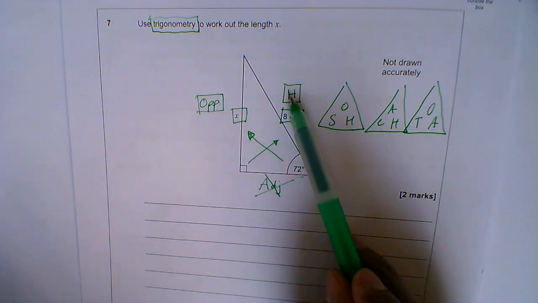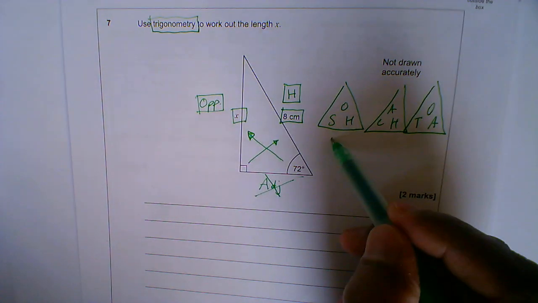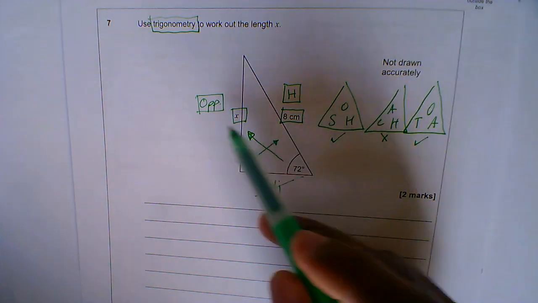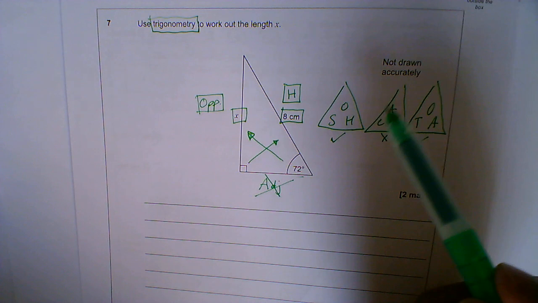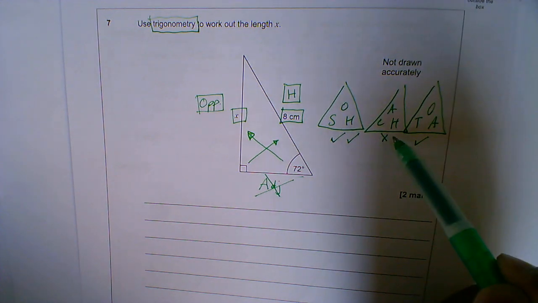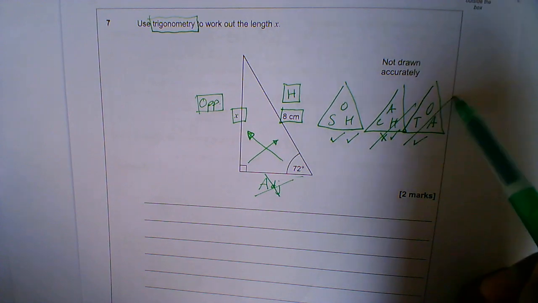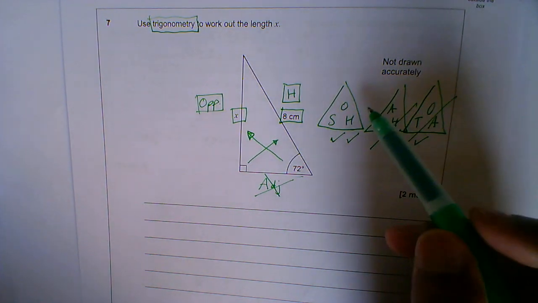So I'm using opposite and hypotenuse. Opposite, so I'm going to take opposite off here, doesn't have it here, and here I've got an O, so I'm going to take that off, so I'm going to be using that. And I've got H, so I've got a H there, so I'm going to be using that. I've got it here, but I'm not going to use that, and I don't have it there, so I'm not going to use that. So I've got this. So if I use this triangle now,